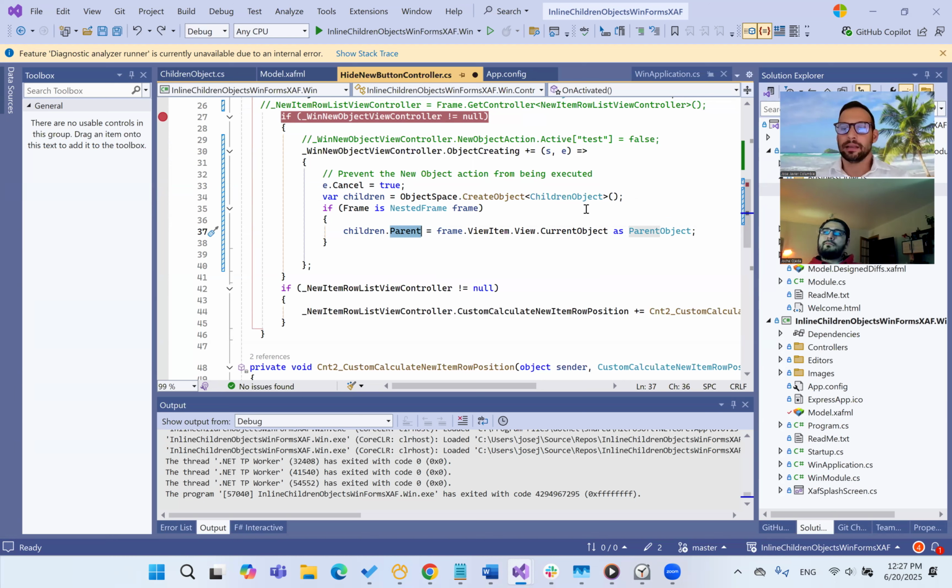make it depending on the view where you are. In this case, we don't need to do anything else. We don't need to commit. We don't need to refresh because we want that if they create the object but then realize that they don't want it, that they are able to actually cancel the operation and leave. So if we run it now,